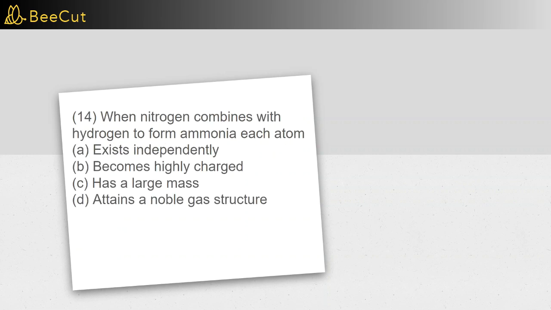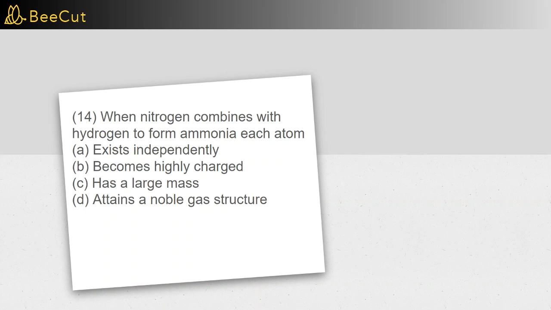Number 14. When nitrogen combines with hydrogen to form ammonia, each atom A exists independently, becomes higher charged, has a large mass, D attains a noble gas structure. It will attain a noble gas structure. We want those